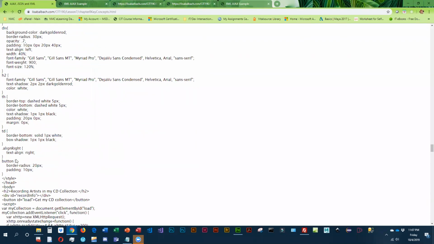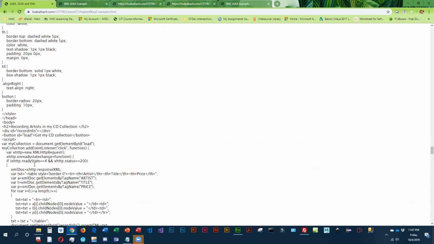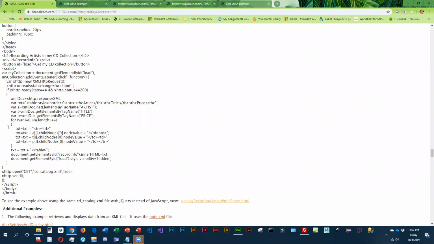So I've got the CSS up here, which you guys are all familiar with. And so this is basically the same processing. Okay, we're still attaching an event listener to that load button. We still create the XMLHttpRequest object. Okay, we're still opening that CD catalog with GET and asynchronous set to true, and we're still sending it off to the server. Okay, once the server is done processing, we are still taking the response